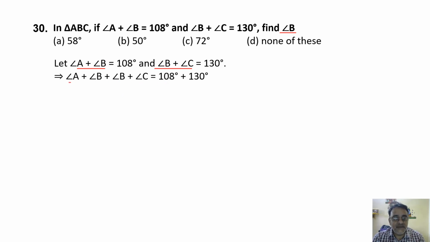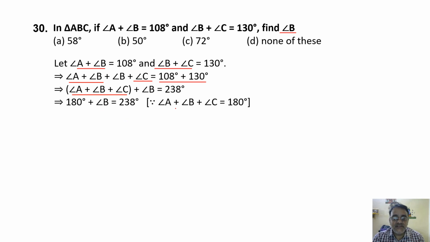Okay. Now what is the sum of these 3 angles? एंगल A प्लस एंगल B प्लस एंगल C. उसको एक काम करते हैं, मैं अलग से लिख लेता हूँ, फिर समझ में आएगा. ये हो जाएगा 238. Now what is the value of this sum? 180. Right. So why? Because of the angle sum property of triangle. Now shift 180 to this side. So 238 minus 180 degree. Okay. So angle B is equal to 238 minus, एक मिनट गलत लिखा हुआ है, 238 minus 180 degree. Yes. So if you subtract, you will get 58 degree. And the correct option is option A.